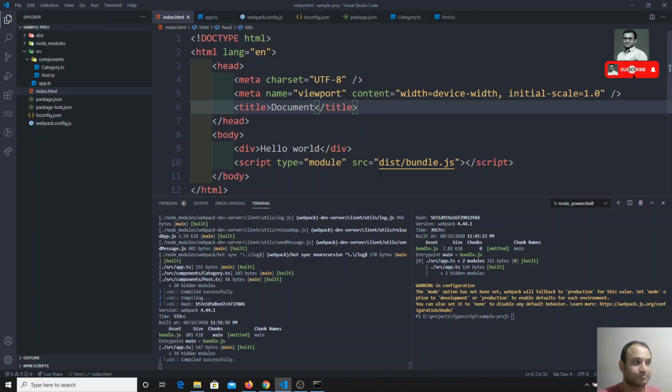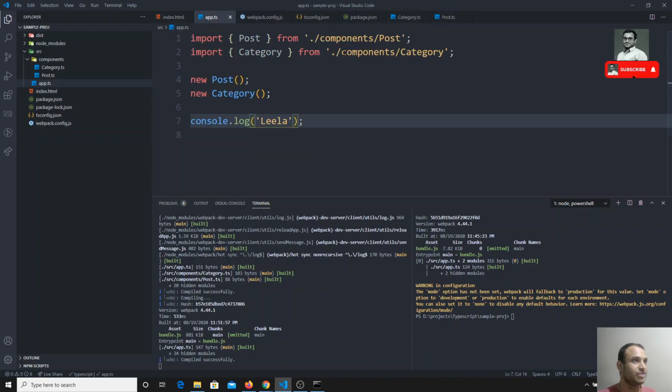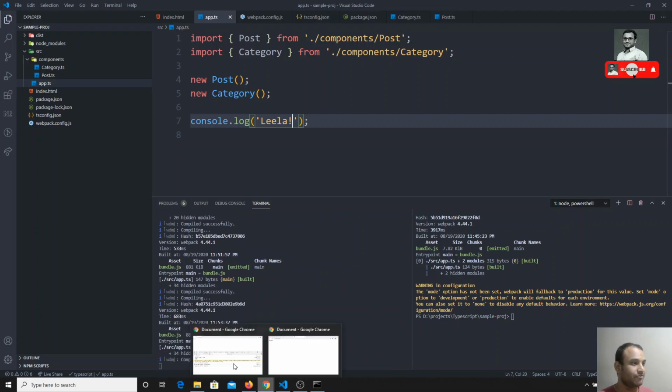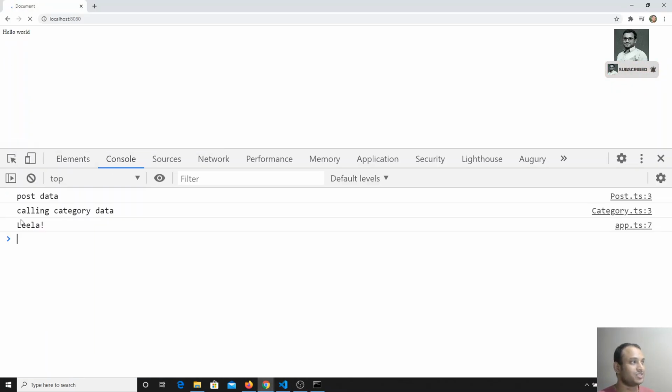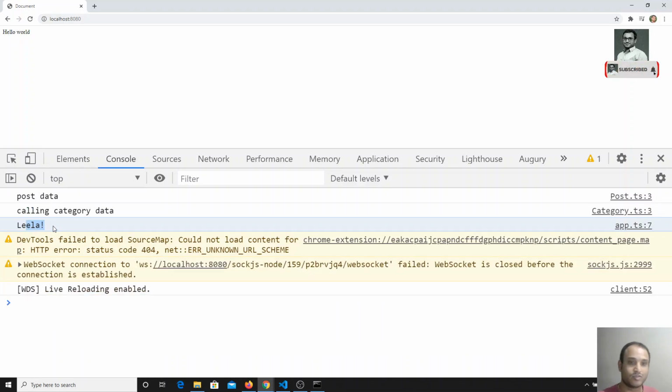So here we are running, and it is automatically compiling. When we change the code, it will automatically compile, and also automatically refresh the browser. If I change anything in this app.ts file, any file, if I add an exclamation mark and refresh it here, automatically the file will be refreshed, and again you will see the output. So this is the use of webpack dev server, and also the source map, how to debug the code at the TS file using webpack.